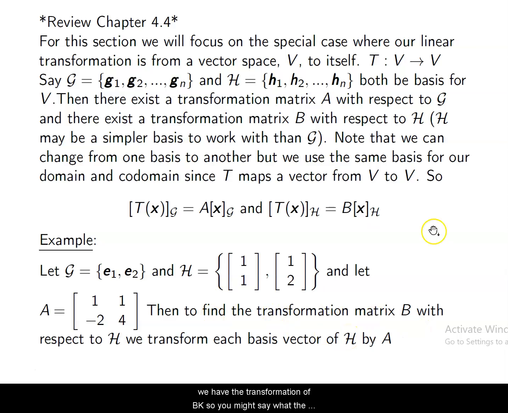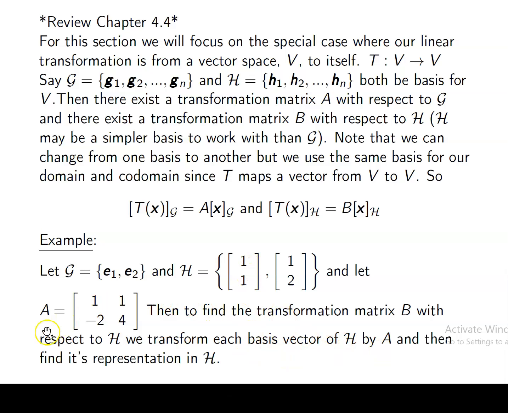Okay, so you might say, what the heck did you just say, Professor Williams? Let's just work through this problem and you'll see what's going on here, right? So we're going to transform each basis vector of H by A, and then we're going to find that coordinate vector in G